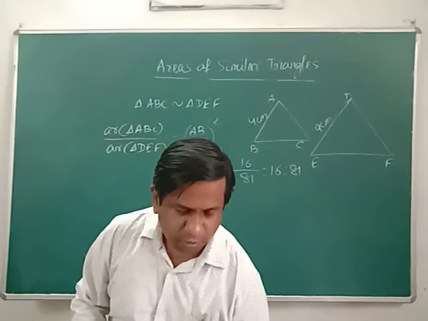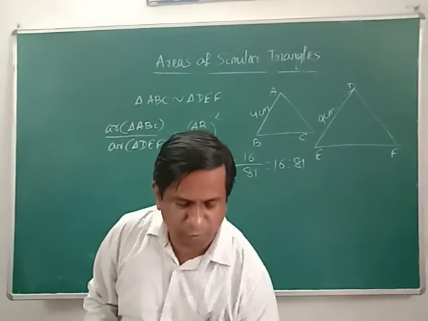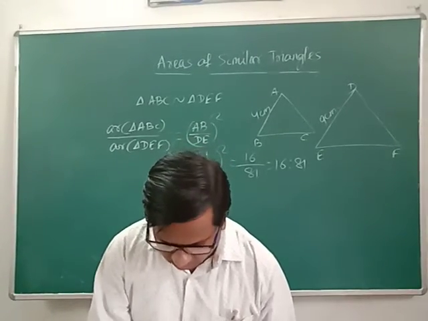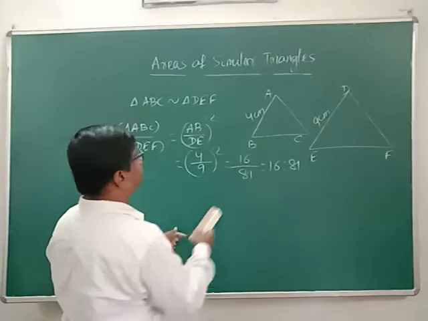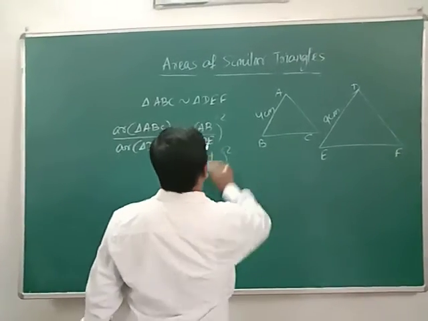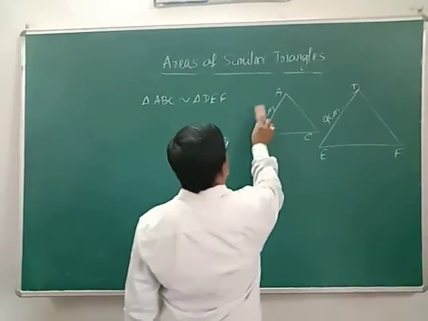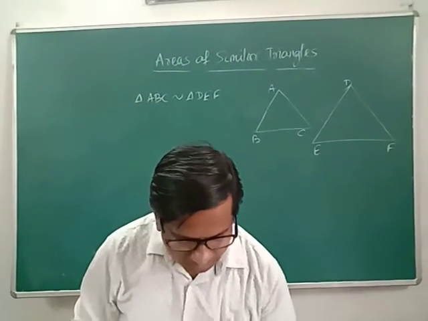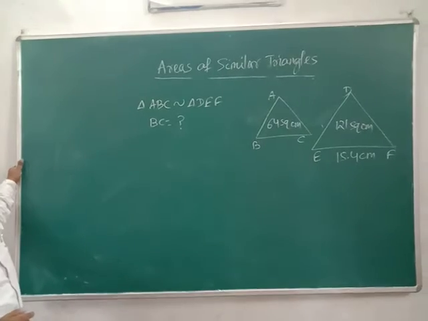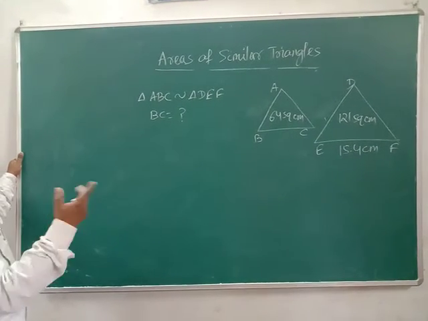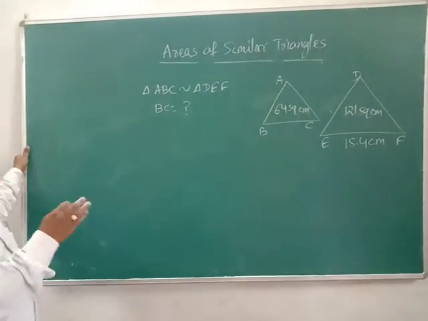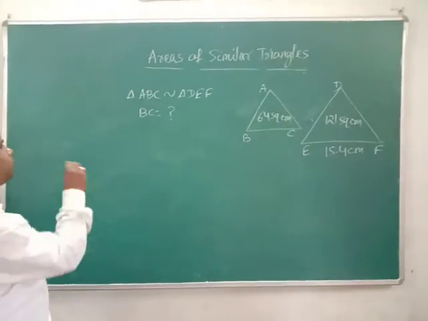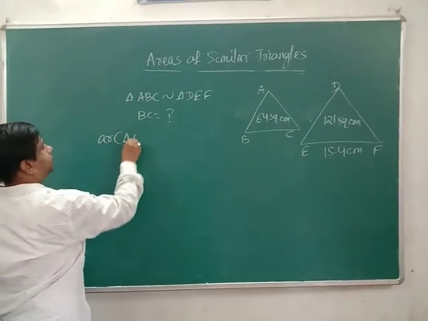So sometimes the ratio of the sides will be given to you and you will be asked to find the ratio of their areas. Now I am going for another problem. You are given triangle ABC similar to triangle DEF. And what is given? Now area is given to you. Similar triangles are given and you have to find out the corresponding side of one triangle. One side of the triangle is given to you and you are asked to find out the corresponding side of another triangle. So same formula, area of triangle ABC